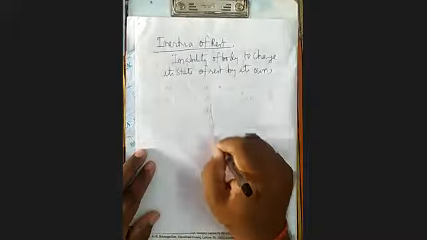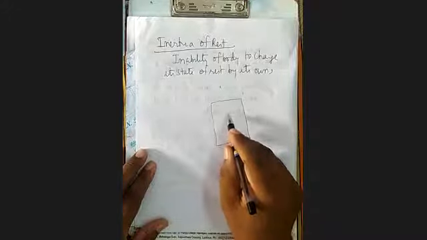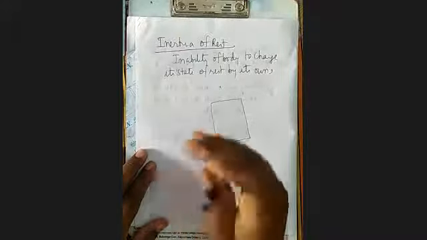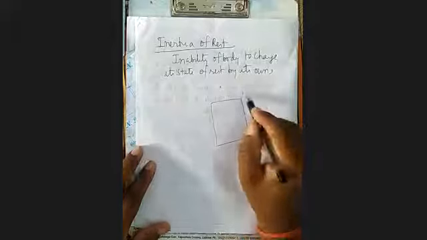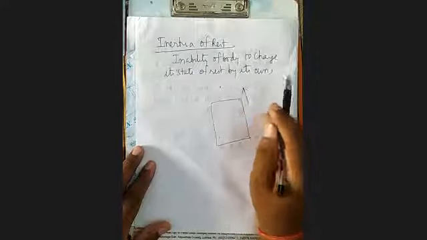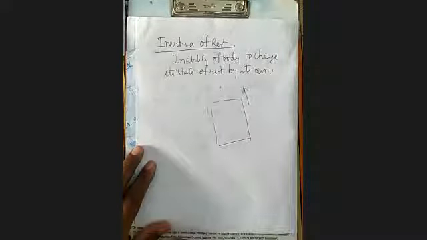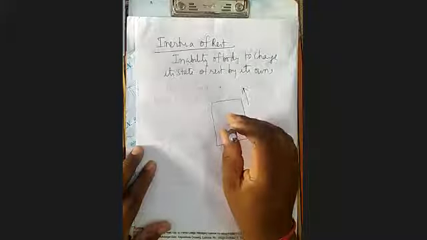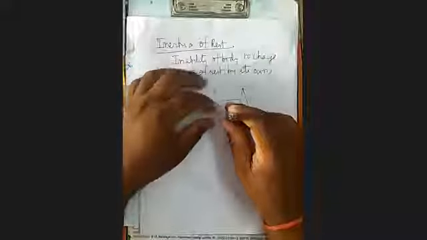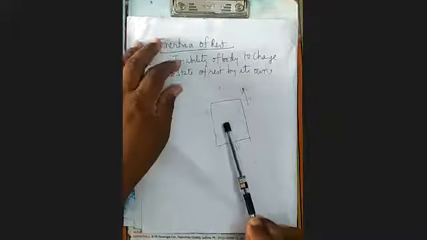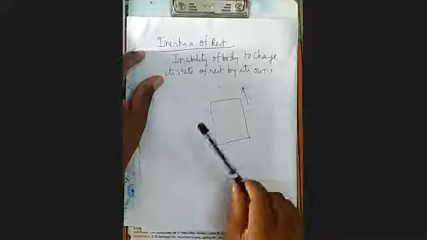Suppose you are standing on a train or on a bus, in the compartment of a train or inside the bus, without any support. You are standing like this. And you do not know, and the driver suddenly starts the bus. You have no idea that the driver is going to start the bus. The driver suddenly starts the bus and moves forward. What will happen? You will find that you will fall in the backward direction. Is it clear?